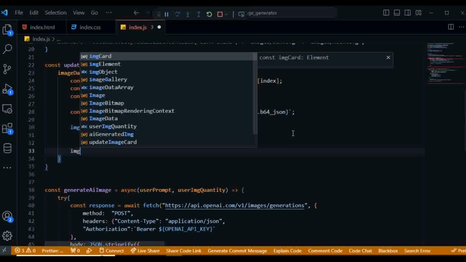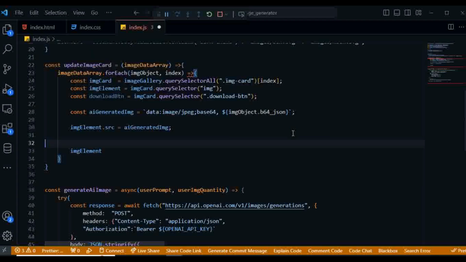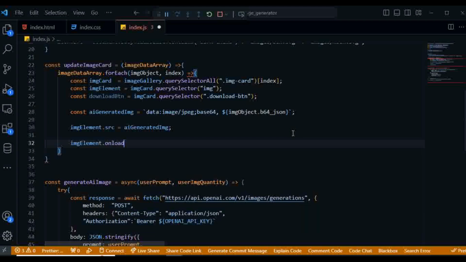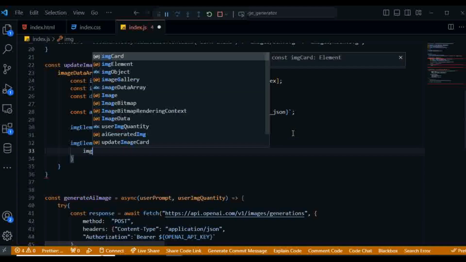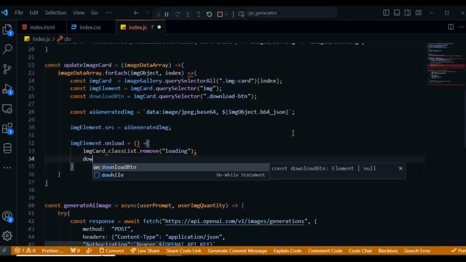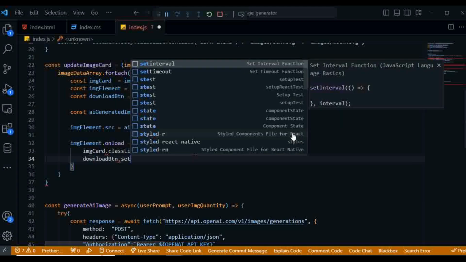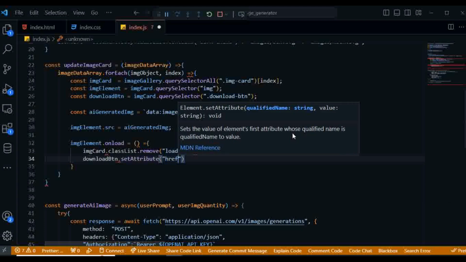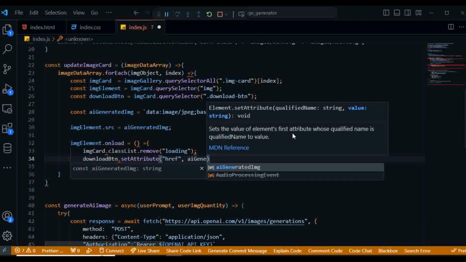Let's implement that part. That will be img element dot onload. So img card dot class list dot remove, that is loading. It needs to remove that part of the loading, that loading svg that we had downloaded, and then there's the part of download btn dot set attribute to be href, then AI generated dot generated image, then you have download btn dot set attribute to be